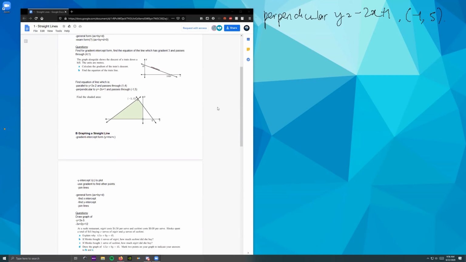And like the properties before, we can note that m1 equals minus 1 over m2. So if m1 is equal to minus 2, that means to find m2,